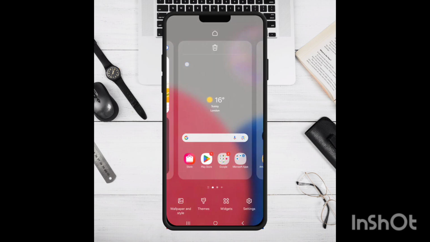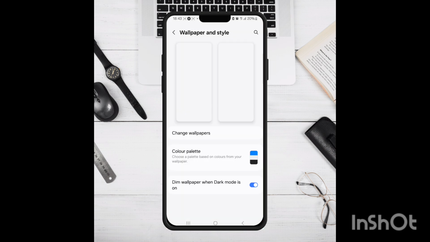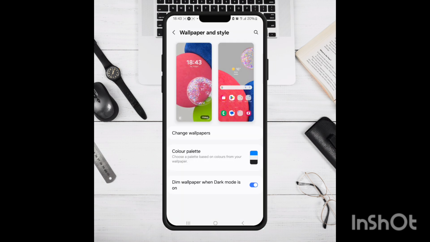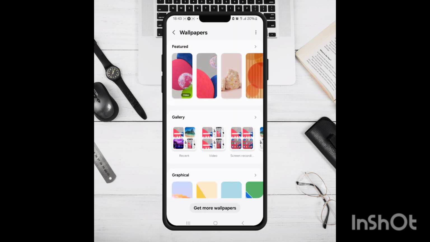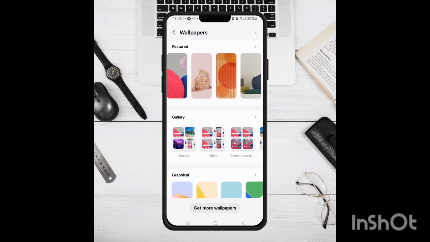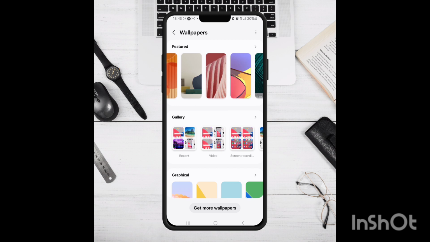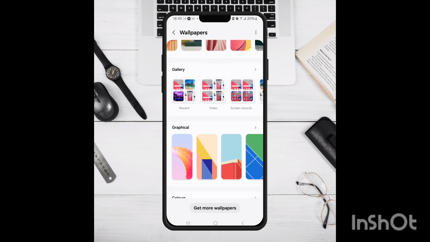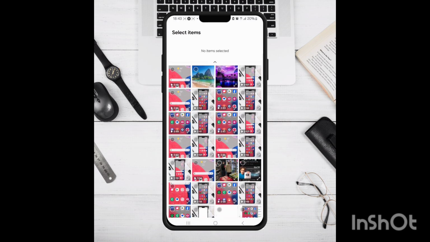it and hold it. That will bring up this menu, and as you can see in the bottom left you have wallpaper and style. Press that, and here select change wallpapers. From here you have a list of featured wallpapers, and then you have your gallery which you can select, and then you can choose a photo from your gallery,